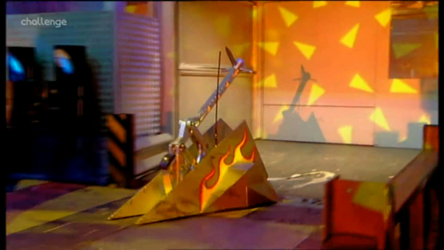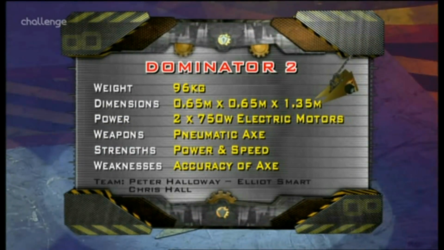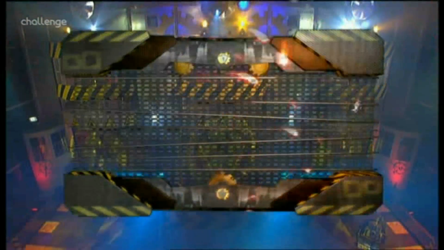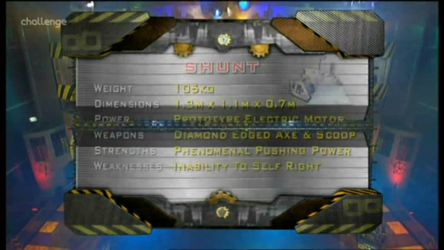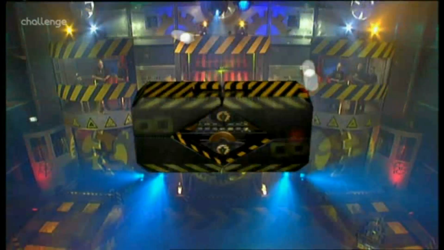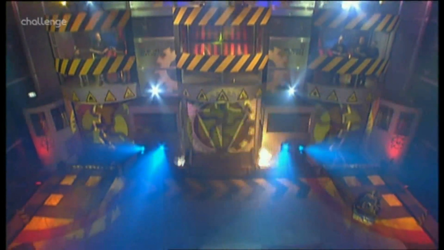From Huntingdon, Dominator 2. A Series 4 semi-finalist, now improved with a unique bi-wedge shape and 12 kilos of slam from the pneumatic axe. It has a plasma nitride coated titanium shell. And once again, we've thrown in 2 house robots, Matilda with the tusk, and watch for that flywheel. It's devastating at the rear. Fighting with Matilda for us, Shunt with the diamond edge axe, the scoop, and the electric motor. Roboteers, stand by. 3, 2, 1,